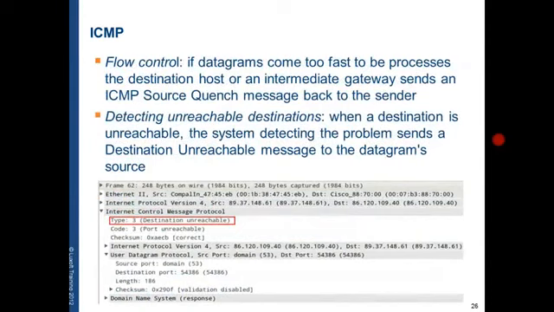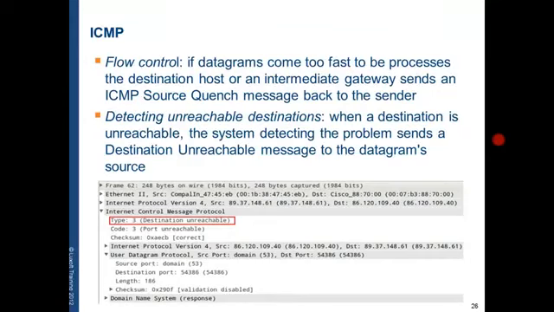ICMP defines several errors, and I will present briefly the most important ones. The flow control refers to the case when we are sending packets too fast for the receiving host to process them.